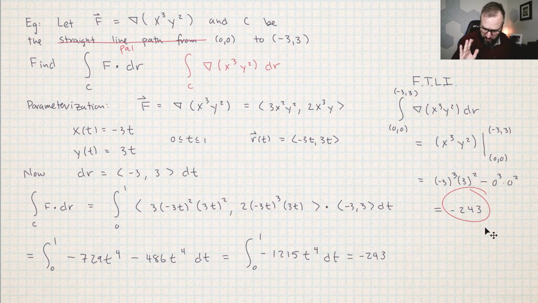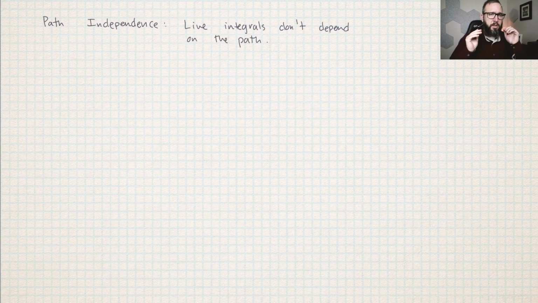There are a couple of other concepts associated with this, and I want to explain those now. There are three important concepts that go along with the fundamental theorem of line integrals. The first one is the idea of path independence. And this is an absolutely wild concept because